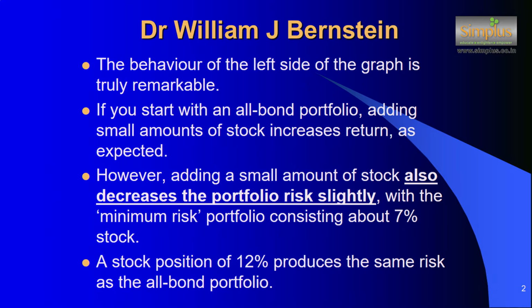However, adding a small amount of stock also decreases the portfolio risk slightly, with the minimum risk portfolio consisting of about 7% stock. A stock position of 12% produces the same risk as the all bond portfolio. This is something absolutely remarkable, and this is the magic of diversification,